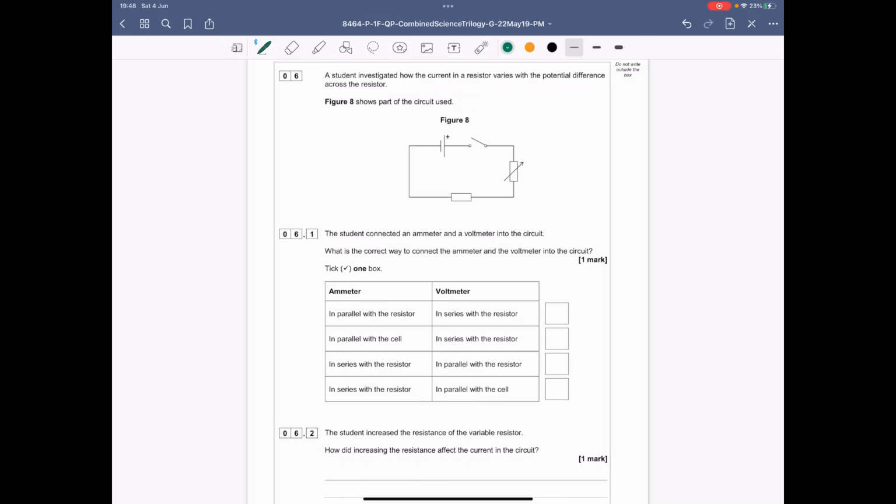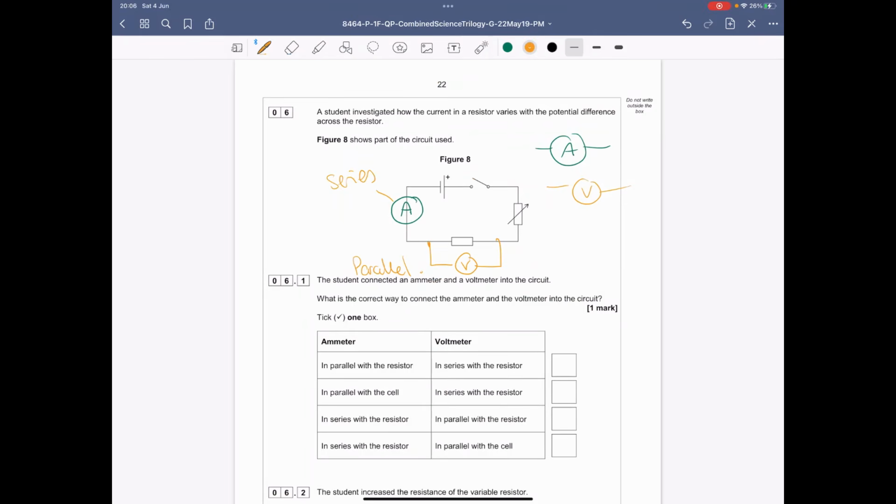So, with an ammeter, which measures your current, what you should always do is make sure it's connected in series. It's in the same branch as the component. With a voltmeter, which is measuring your voltage or potential difference, we always make a little circuit, a little branch that goes across the component, because you're measuring the change in the potential difference, the change in the pushing force. So therefore, we say it's attached in parallel. So ammeters are in series, voltmeters are in parallel. So therefore, using that information, it will be the third one, in series with a resistor for an ammeter and